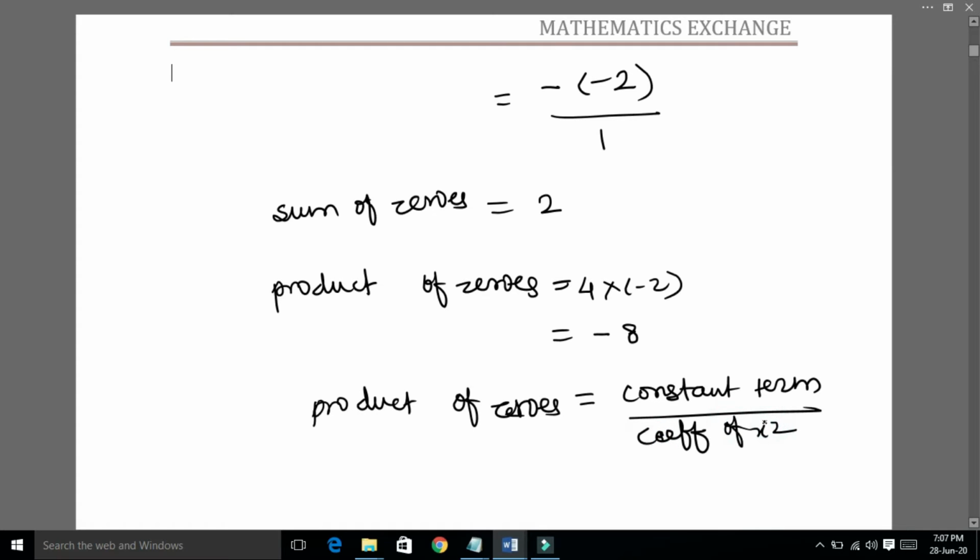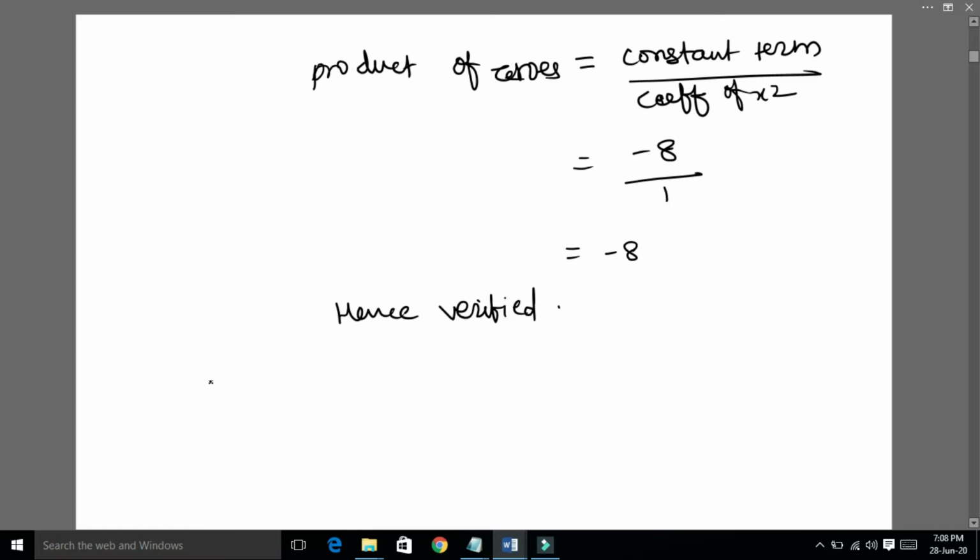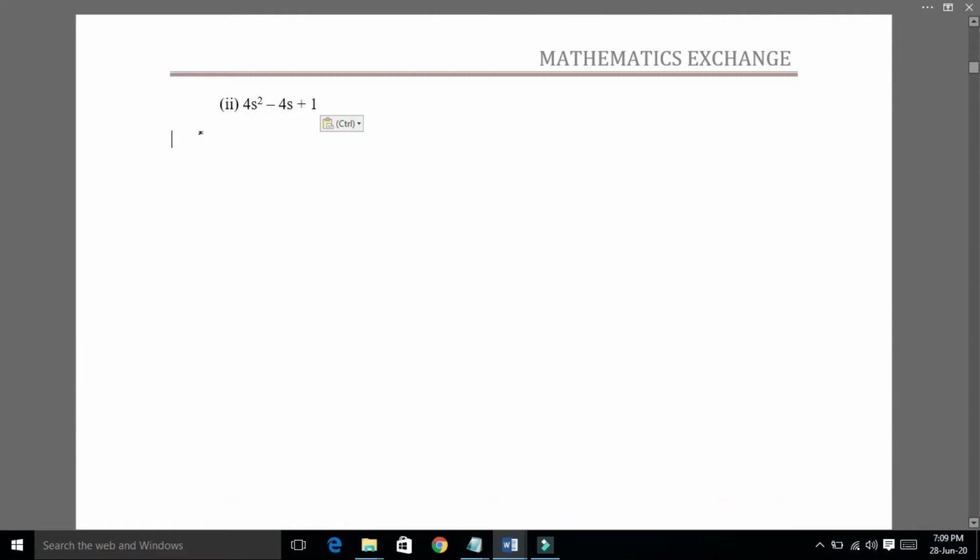So in this polynomial, the constant term is minus 8 and the coefficient of x square is 1. So minus 8 upon 1 is minus 8. Since we get the same values in both the cases, hence verified here. The second given polynomial is